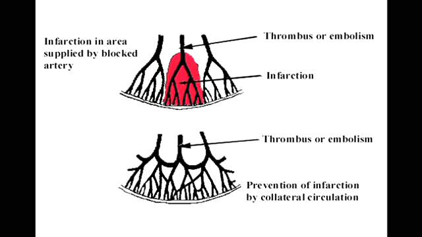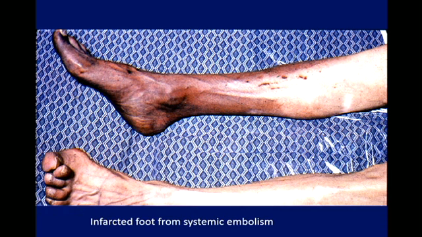While in the intestine, if you blocked off, say, a branch of the mesenteric artery, you've got other branches that can supply the tissue. So this is exactly what you see in the intestines: if you block off that branch, well then these can supply the other. So that's a good prevention of infarction by collateral circulation or anastomotic blood supply. So there you go. Intestines, though they can infarct, and I'll show you a picture of an infarcted intestine as well. So pods, that's for pods, infarcted foot from a systemic embolism.